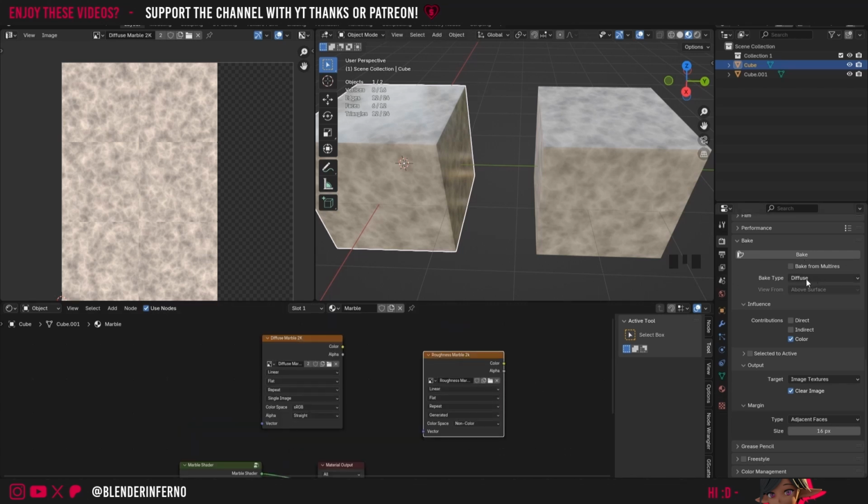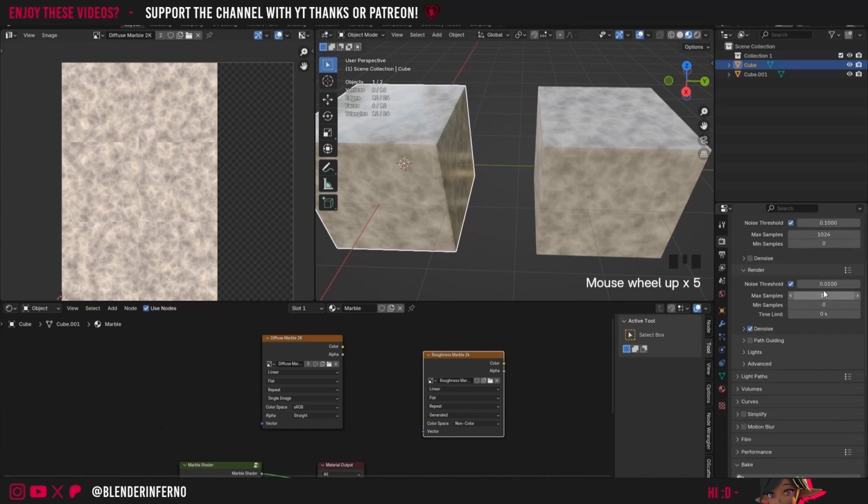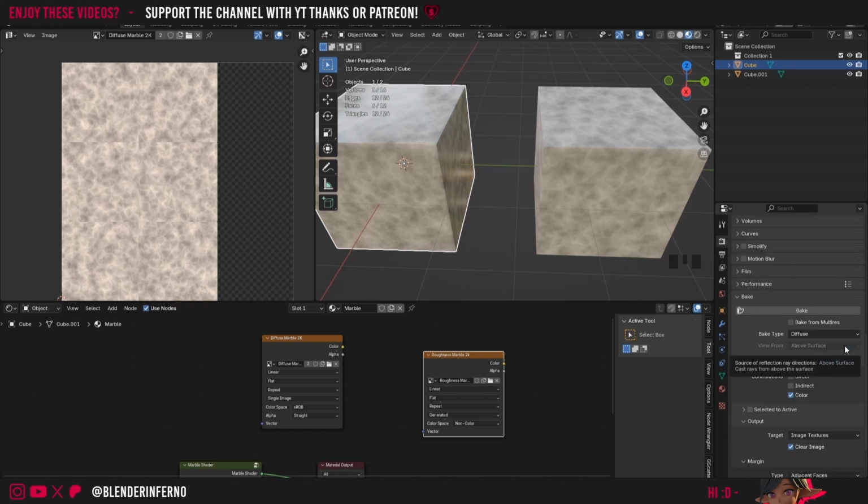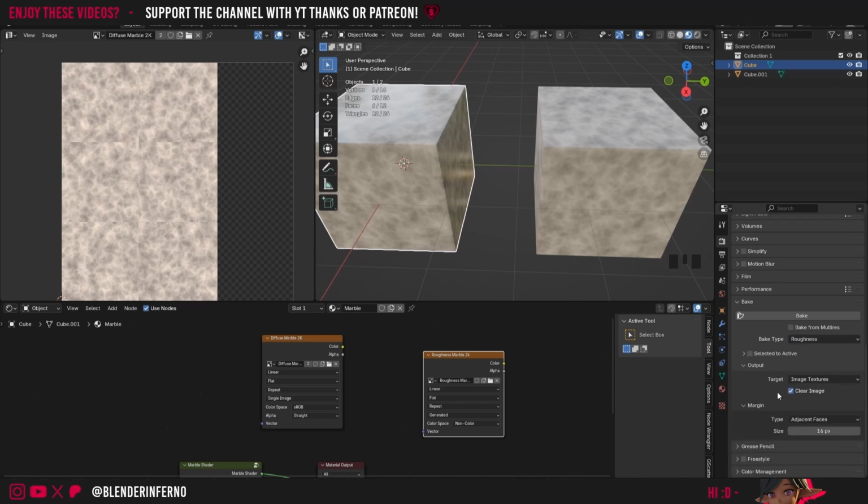Then I'm going to come back to my bake settings. If I scroll up to the top, we can keep our render max samples at 10, since we're just baking a basic channel, in our case grayscale, and no lighting information is being used, so a nice low sample count is all we need. So I'll change our bake type then from diffuse to roughness,